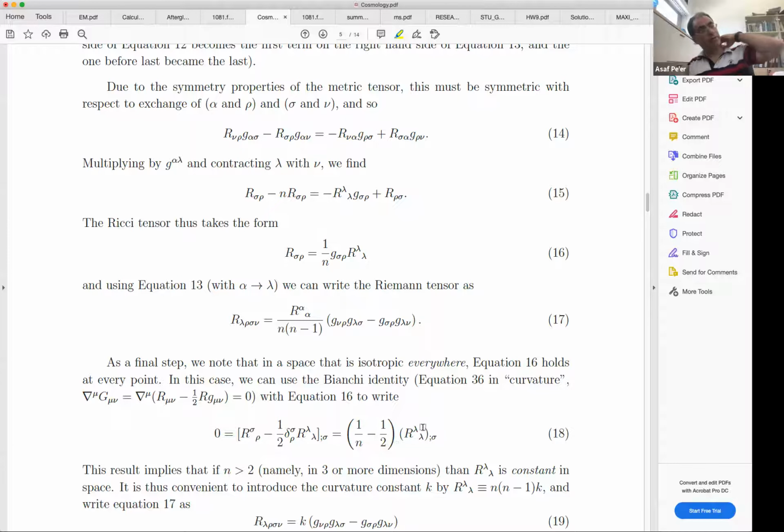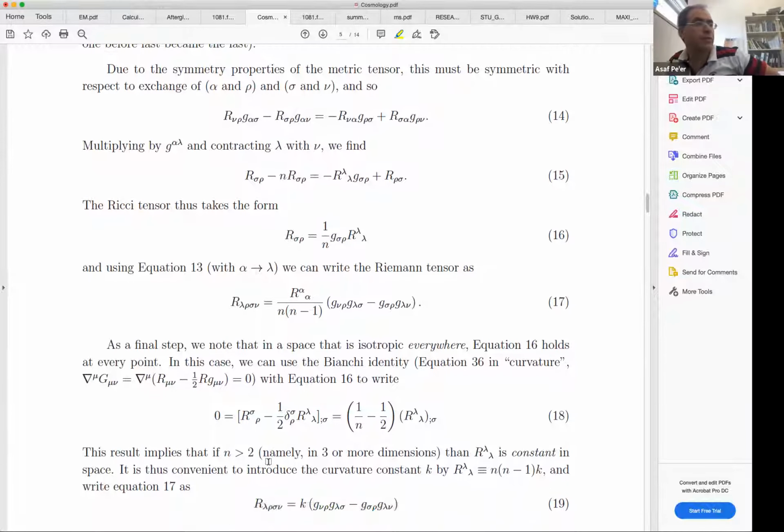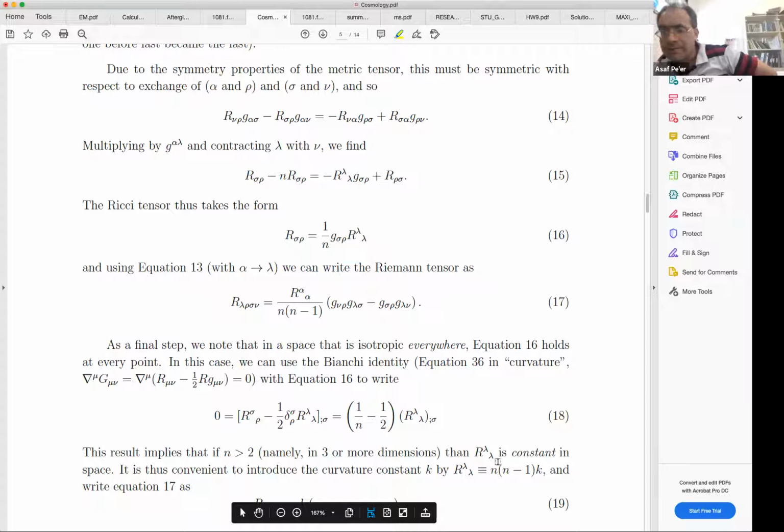And that shows that provided that we are not in a two-dimensional space, in two dimensions that's not going to work, but in any dimension which is larger than 2, specifically 3 or 4, which is what we're interested in, that means that R lambda lambda, which is simply the Ricci scalar, needs to be equal to 0. Sorry, since its derivative is 0, it has to be constant in space,